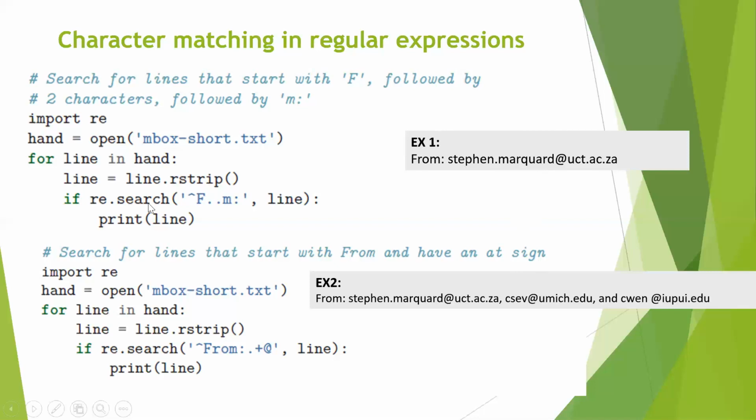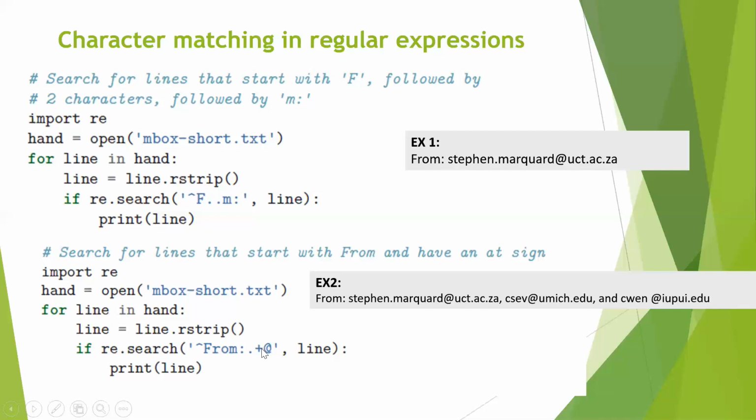For this, you just say re.search. You're saying starts with from, colon, has any number of characters. So I have to mention the period symbol, the dot symbol. Now this dot symbol occurs 1 or more times. There can be 1 character in between this from and @ sign, or more characters. How do I mention that?